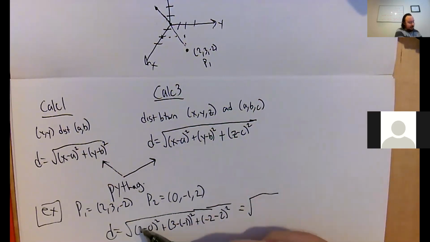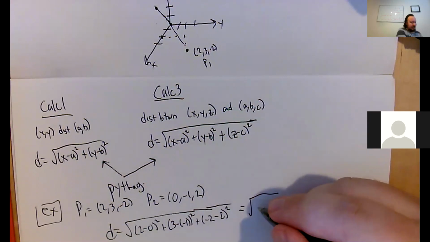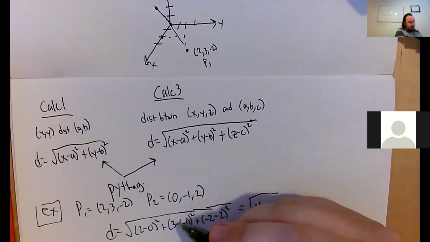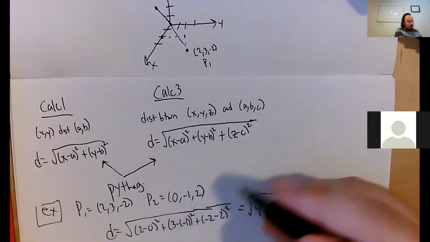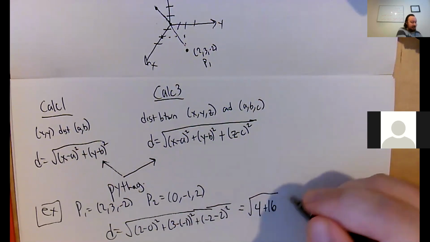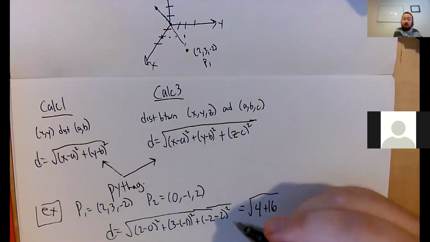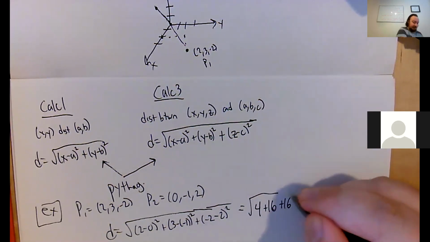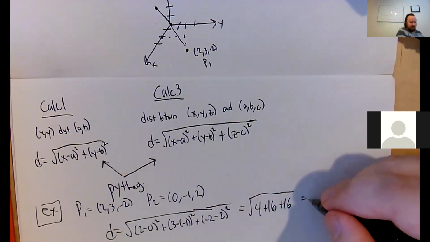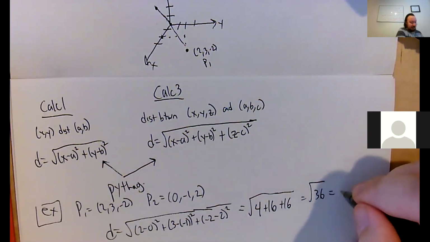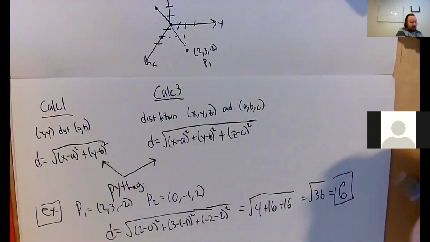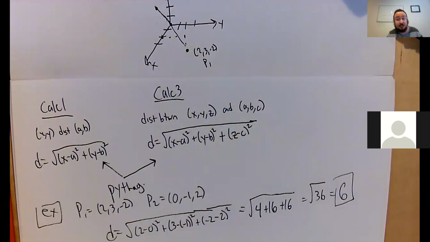Let's simplify this. 2 minus 0 is 2. Let me square that to get 4. 3 minus -1 is 4, and then we square that to get 16. And then -2 minus 2 is -4, and we square that to get 16 once again. And then we do the arithmetic here. This is the square root of 36, aka 6. So these points have a distance 6 apart from one another when plotted in, or sorry, not the plane, in